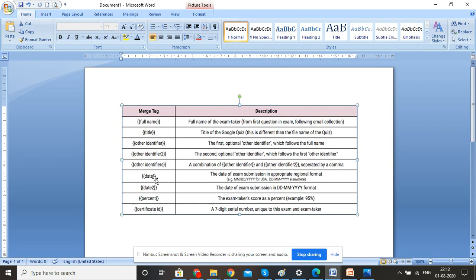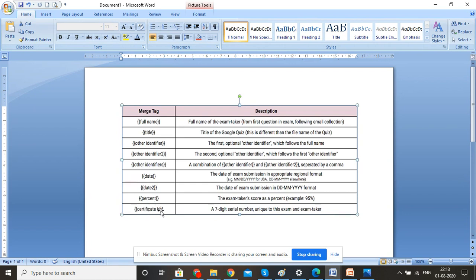Okay, then date, if you want to print the date, month, day, year wise, this date only. Date 2 is representing day, month, year format. And most important is percent. Suppose when you are conducting the quiz, that time we should add, how I inserted using the text box, I just typed their full name and the other identifier. The same way for the quiz, where we just mention the score, in place of the score we have to put the text box. Within the text box we have to type percent. So if you type that, that mark will be converted into the certificate and it will print automatically.